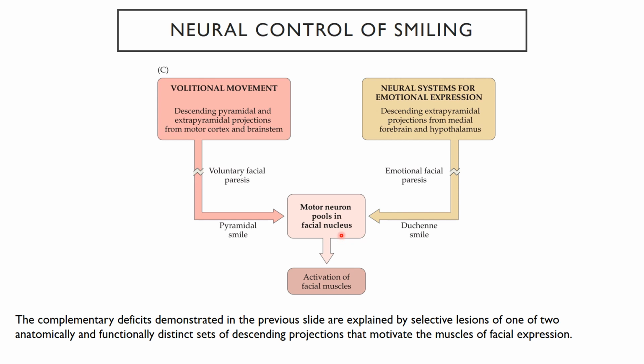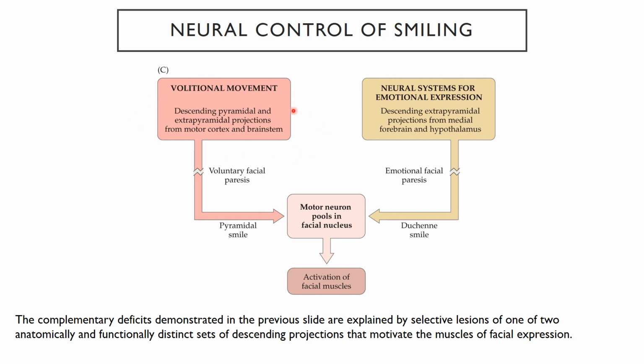Because it's the same muscle groups that are involved in both a voluntary movement and emotional movement. It's not like you have separate muscle groups that do emotional smile versus voluntary smile. They react in slightly different ways, which is why we can see the differences. But it's the same motor pools. The difference in the overall activity is dependent upon the fact that the signal originates from different sites,